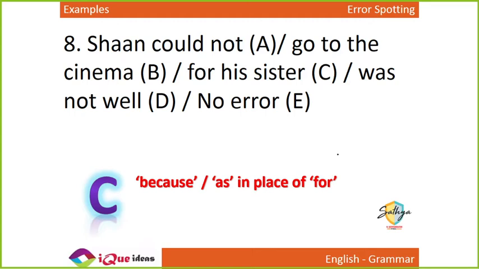Right? Okay. Since, no Shashwat. Since is actually conditional for time. Since the beginning of time, the sun has risen in the east. Something like that. Here it's a simple condition. So because or as. You get that?